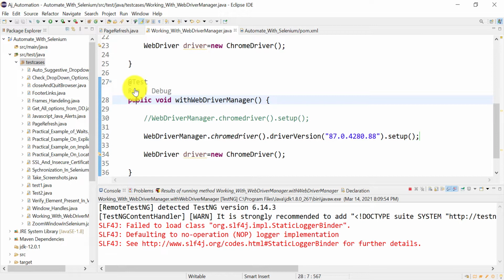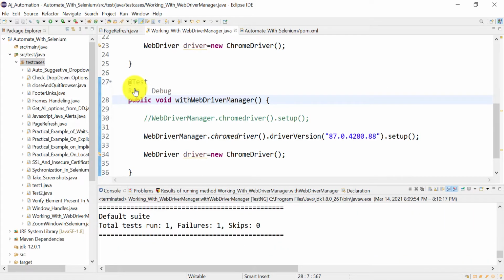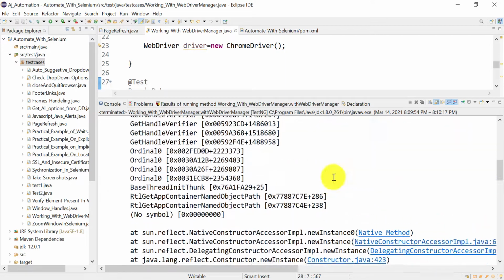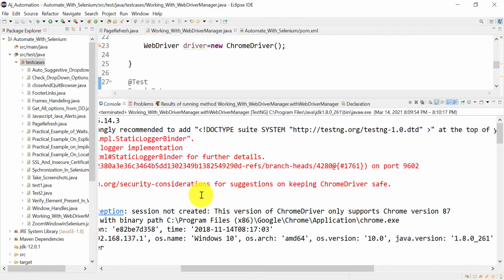This time it should download the 87 Chrome driver. Let's see, it should not be compatible with 89. As I have already told you previously, if it is not compatible, you get session not created, and it is clearly mentioned here that this version of Chrome driver only supports Chrome version 87.